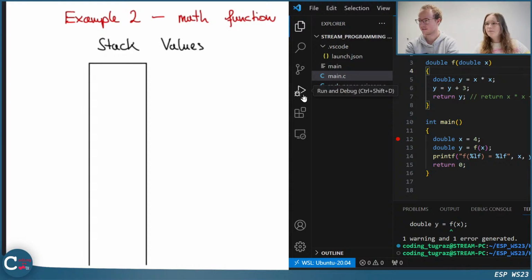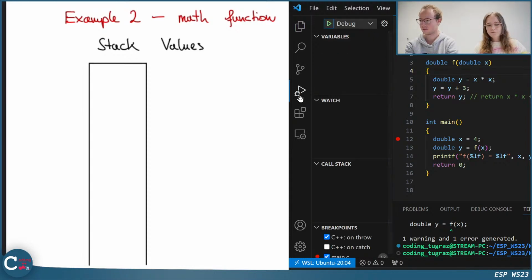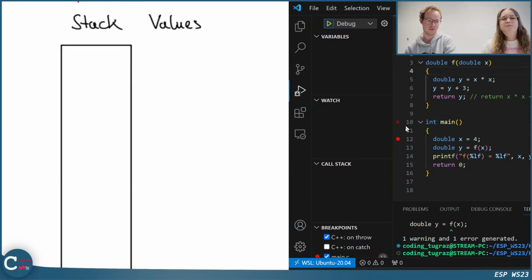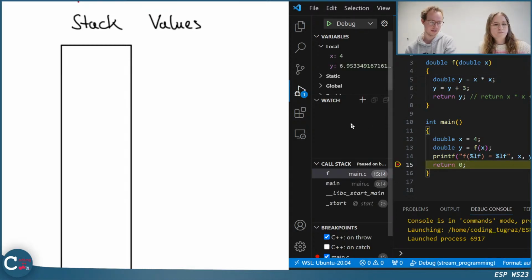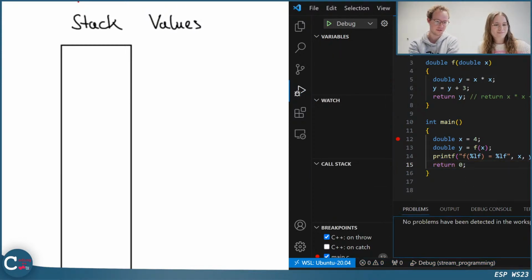This is really nice. I debug? Okay, so I start the debugger now on the right side, and we already have a breakpoint in line 12, so we should stop there immediately. Oh, we didn't compile after. We didn't compile, so we redo everything.